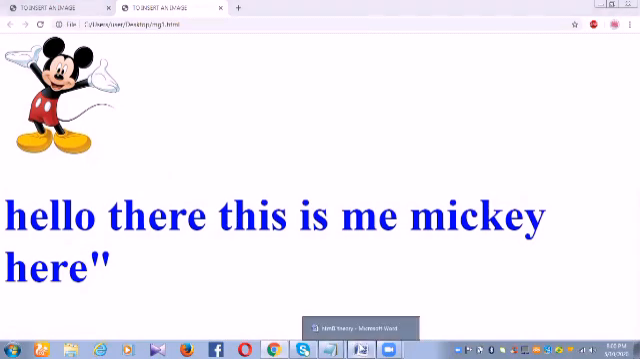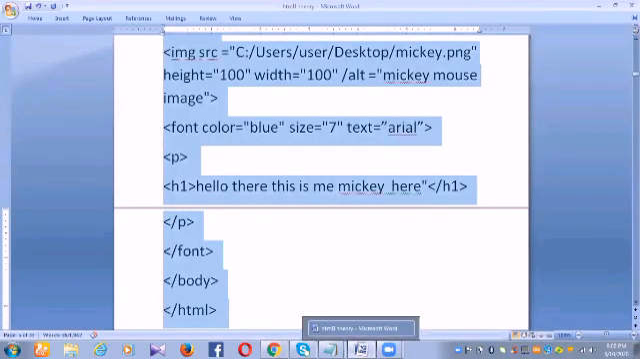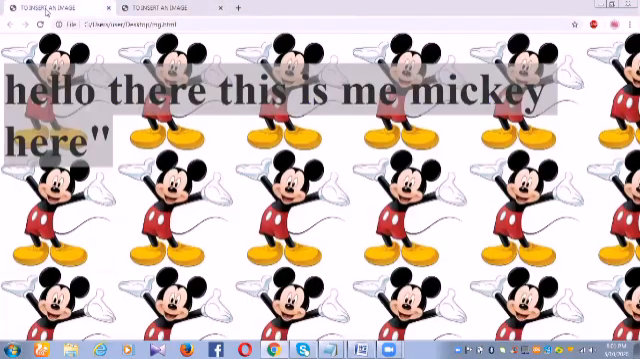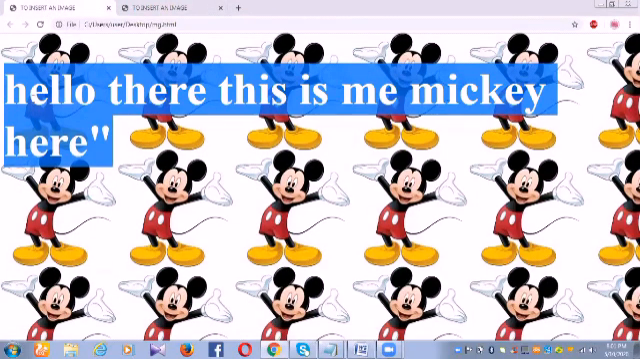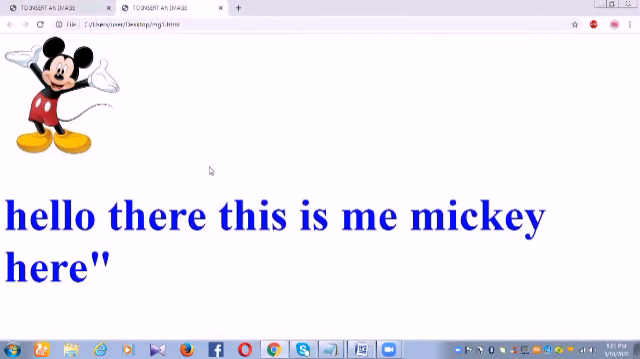Okay, hope you understood. So this is the difference between the body tag attribute, that is background image, where you see the image displayed at the background, and this is the image tag, where the image is displayed on the browser, right? Moving further,